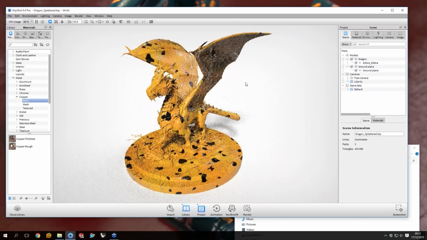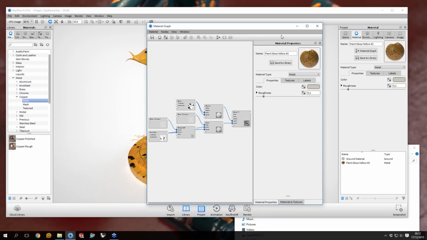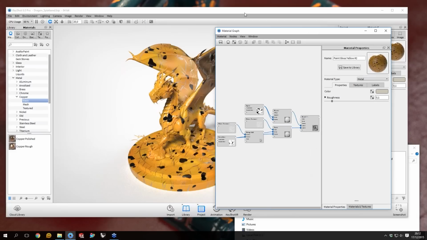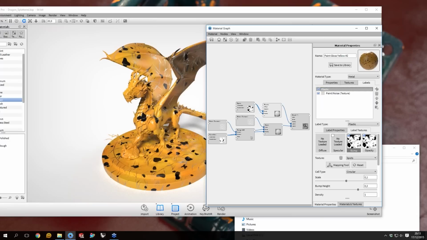Yeah, I think the main thing, also I have this Dragon open now where I have a metal with two materials attached as a label, which you can see here in the label overview as well. And I would say you would use a label if you want to have your surface to have a different material in those areas. So in this case,